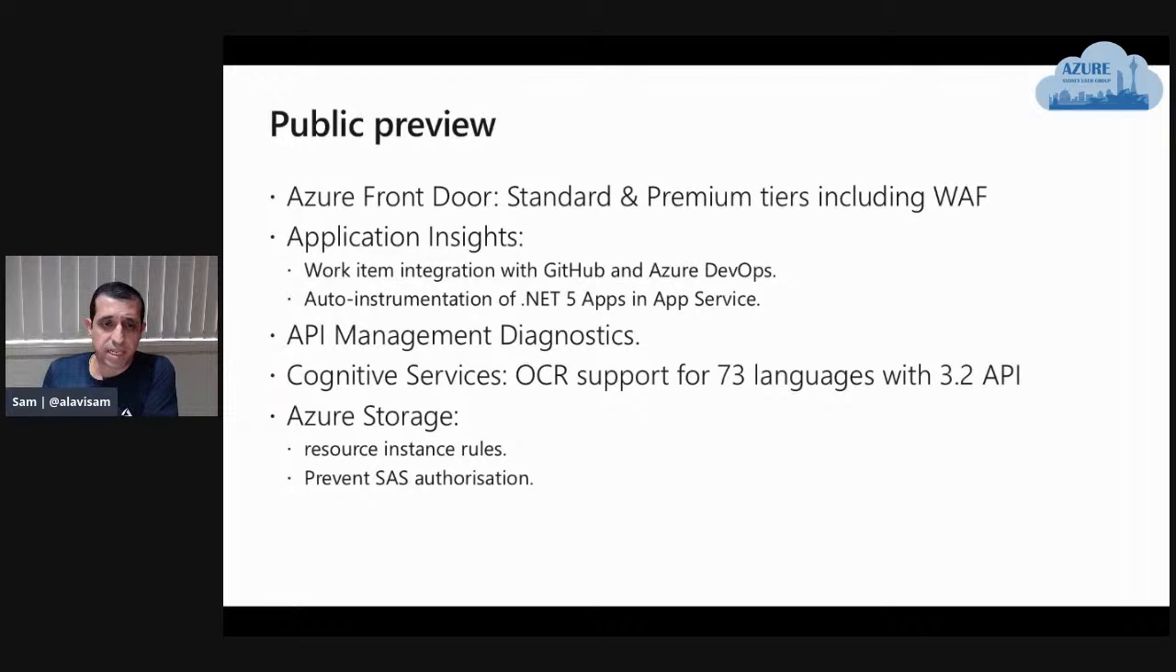Then Application Insights got a bunch of features announced in the preview. So we picked these two for here, and there are a few others in GA. Work item integration with GitHub and DevOps is in preview now. We had this feature with Azure DevOps before, but they added the GitHub functionality and enhanced the